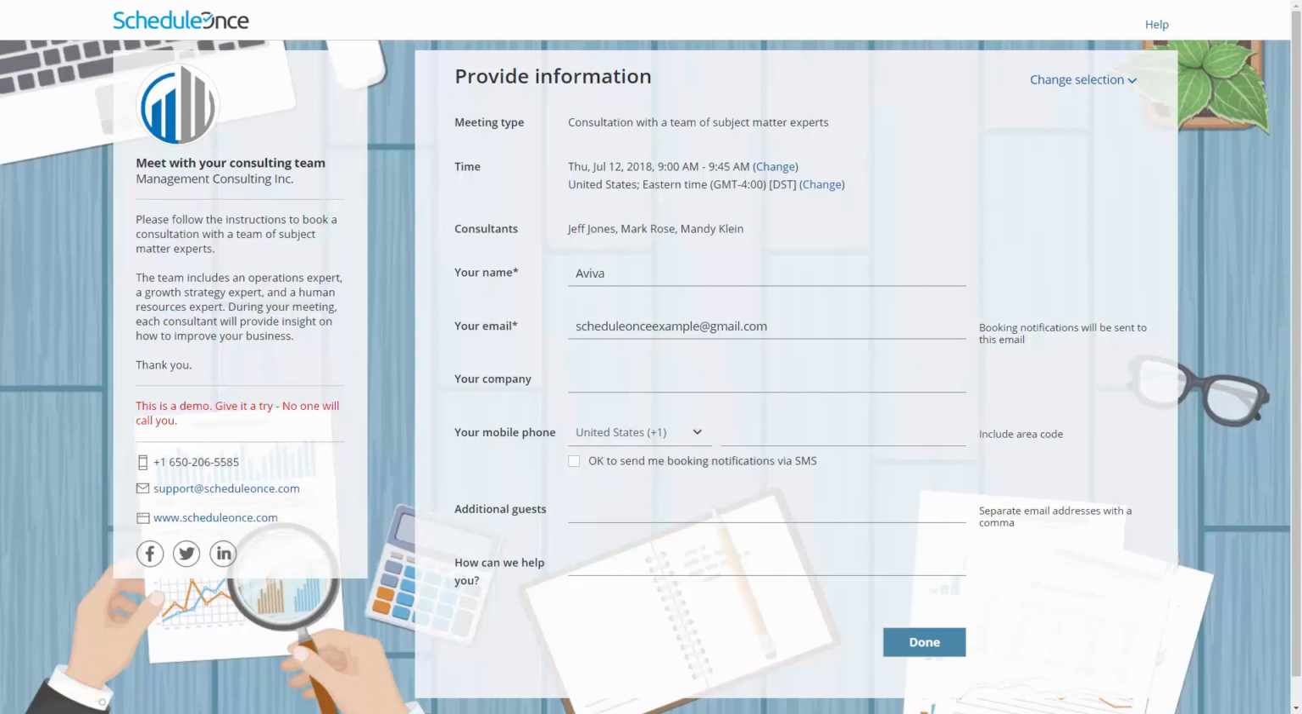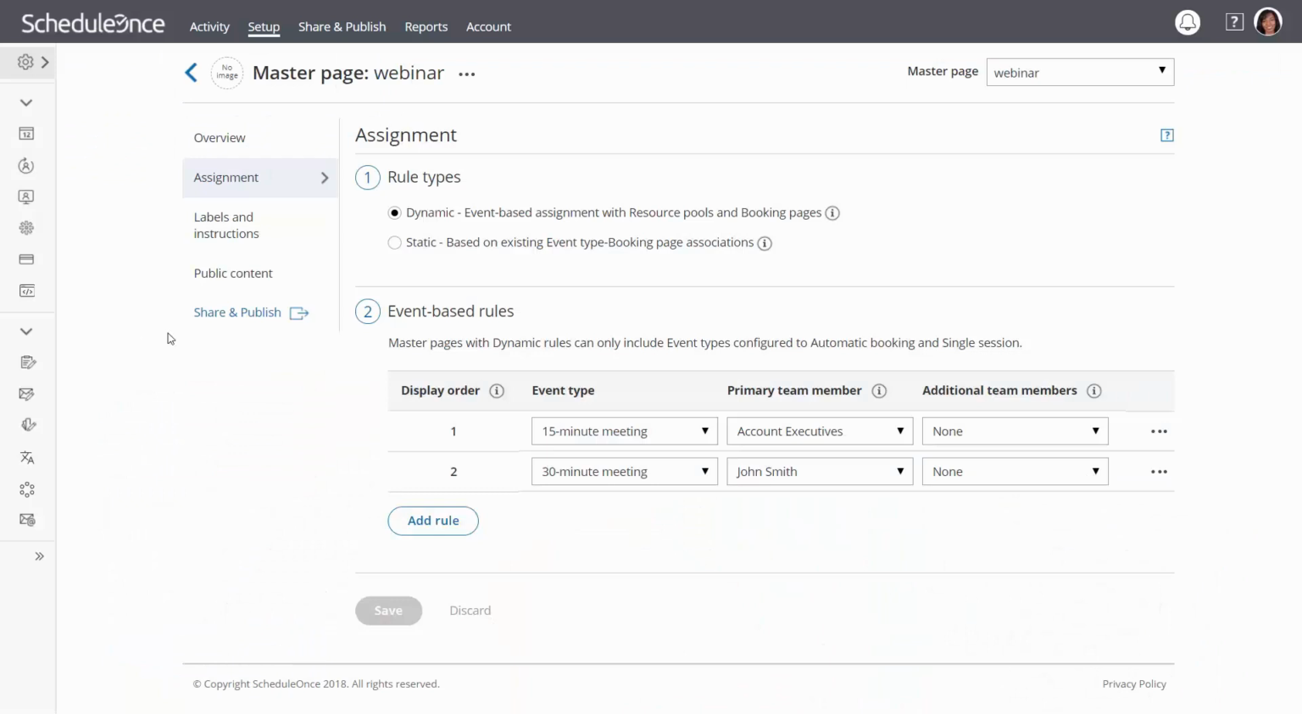To do that, we're going to go back into my ScheduleOnce account, and you can see we're still in my master page setup, in the assignment section. Let's say, for example, that I want to make this 15-minute meeting a panel meeting now. You can see that we have a primary team member, which is our account executive. Whoever is assigned from this resource pool is the primary member, and the primary member determines which notifications are sent. They're also the person whose calendar creates the calendar event, and you can also add any additional team